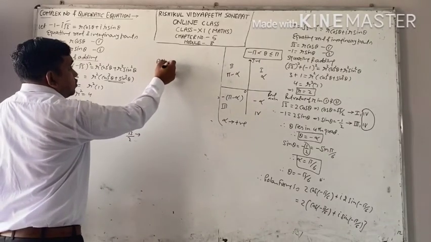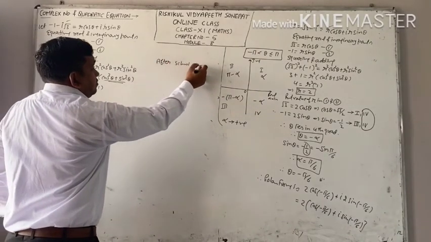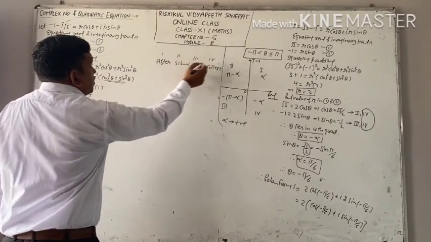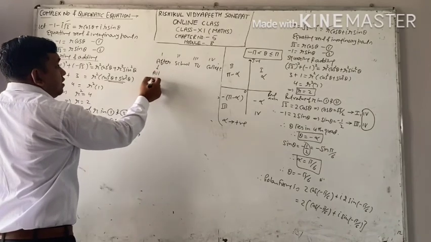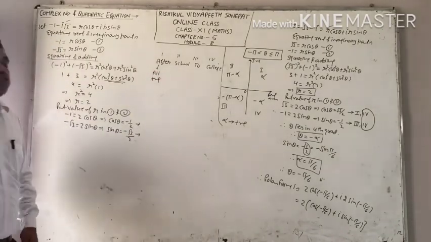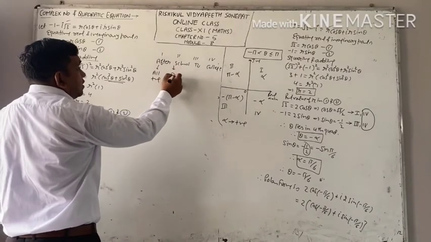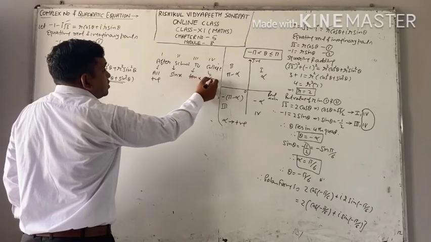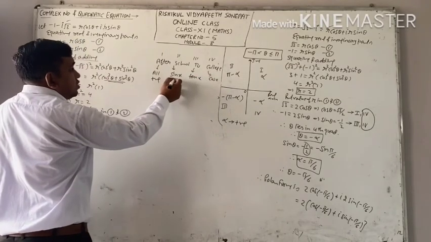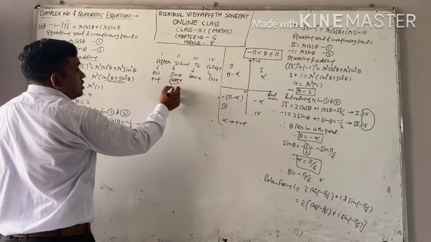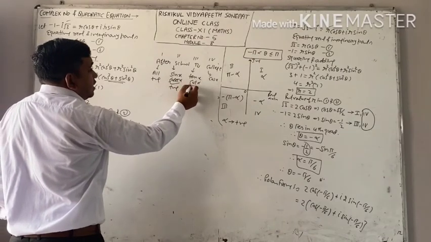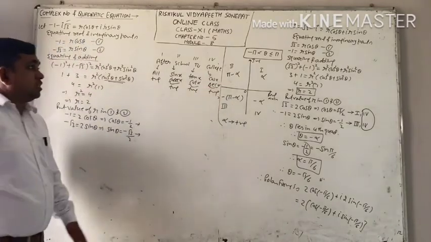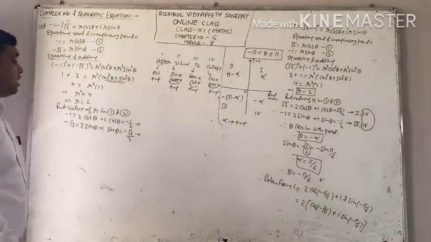Remember by this, after school to college. This is for first, second, third. A for all positive. In first quadrant, all trigonometric functions will have positive value. S for sine, T for tangent, C for cos. Reciprocal of sine is cosecant. These two are positive in second quadrant. In third, tangent and cot are positive. In fourth, cos and secant are positive. You have learned all these things in your previous chapter, that is your trigonometric functions.